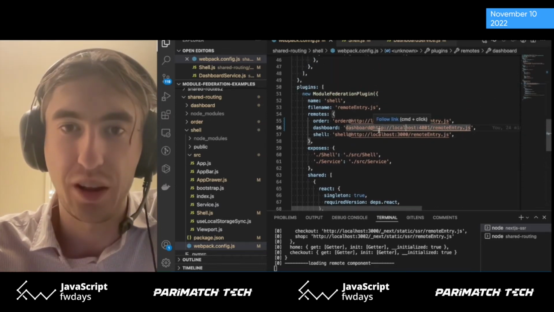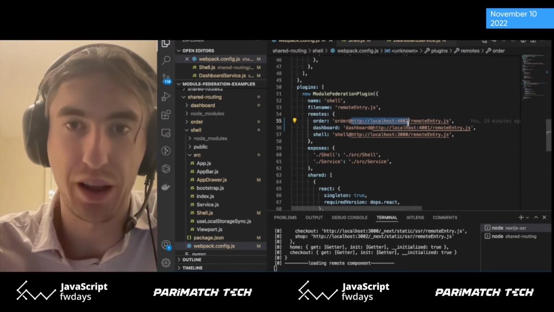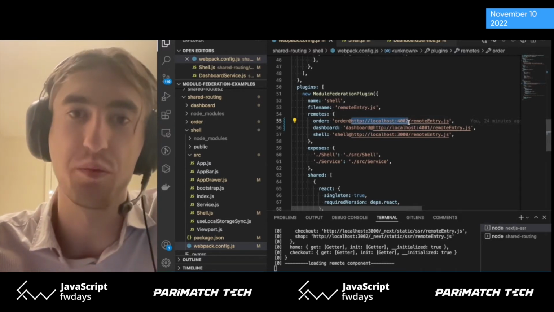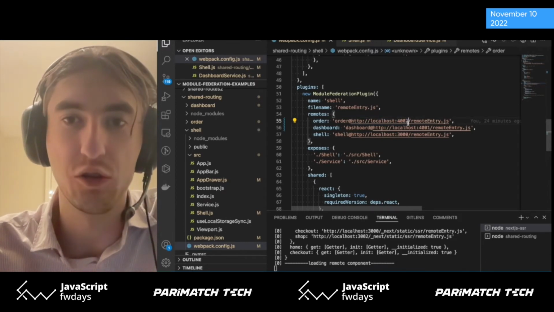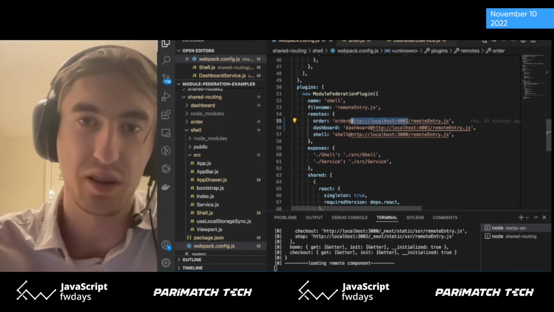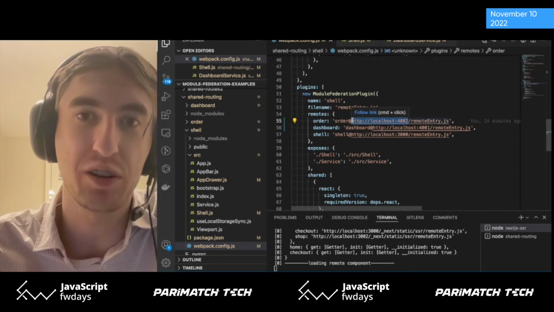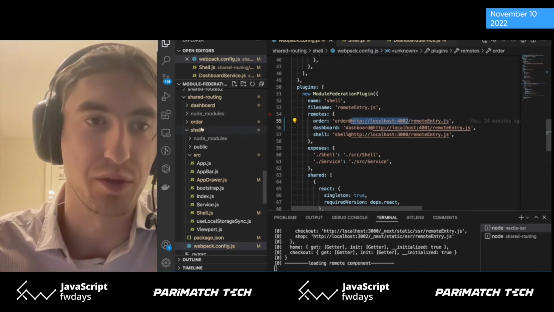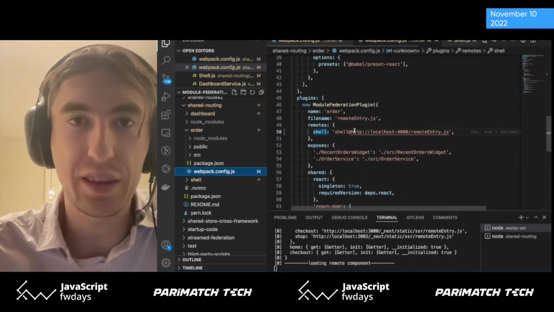Moreover, right now I hardcode this URL during build time, but you can easily use the promise new promise feature in Webpack 5 to load it at runtime, to specify this URL at runtime, because in your environment it might be some CDN. But for the live demo, it's absolutely fine to show you the concept. And then let's go to the other